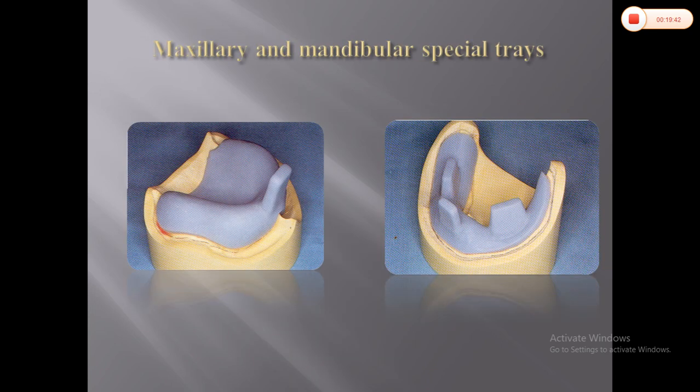Next, after making the preliminary impressions, the materials used for the preliminary impressions are mostly alginate and impression compound. Impression compound, you would have been aware of how to use, and alginate impression you would have seen, how to make the impression with both the materials. Next is the fabrication of the custom tray. After this, the next procedure is water molding and secondary impression. But this is not about telling the impressions completely.